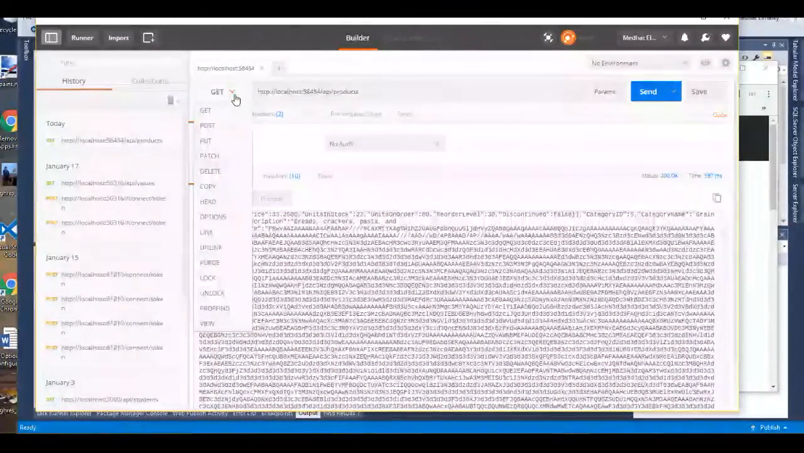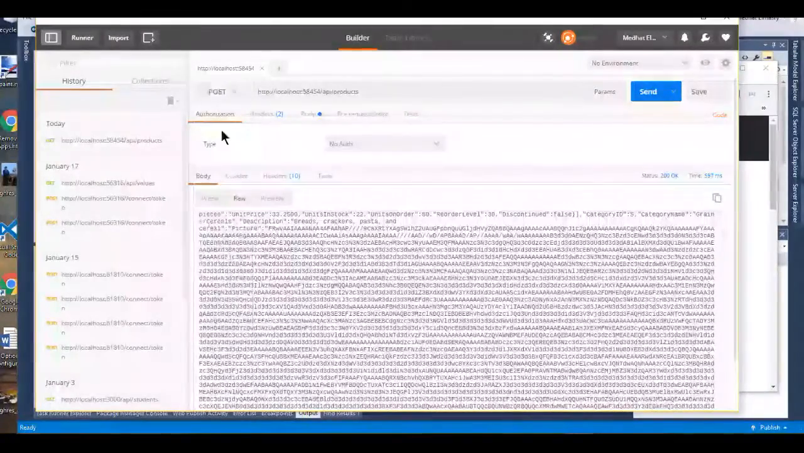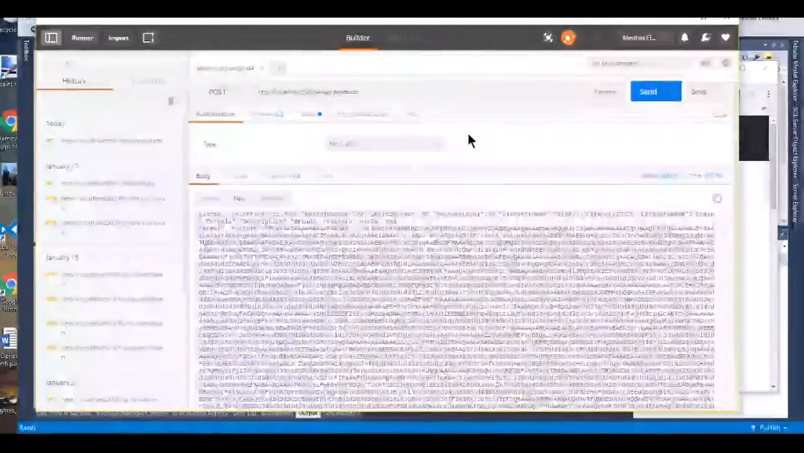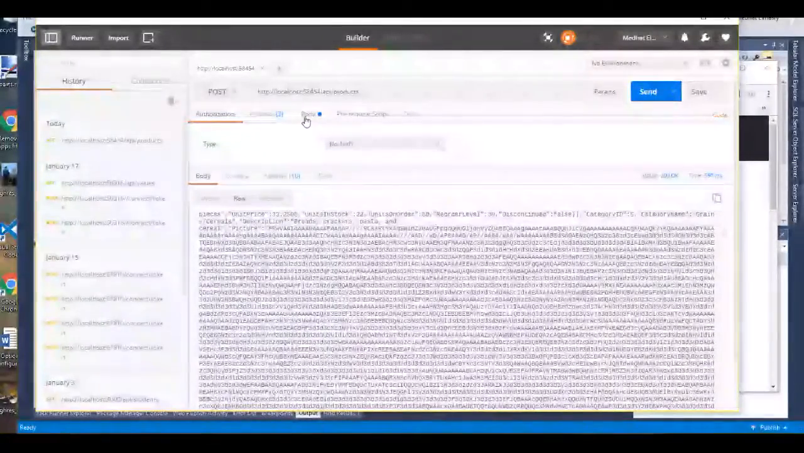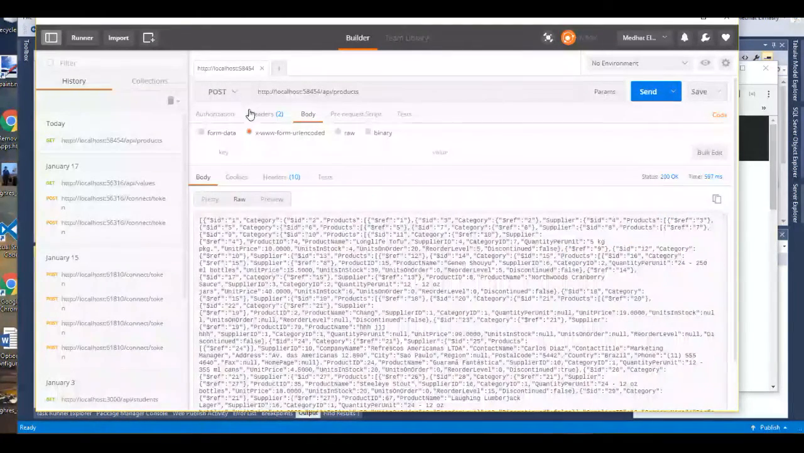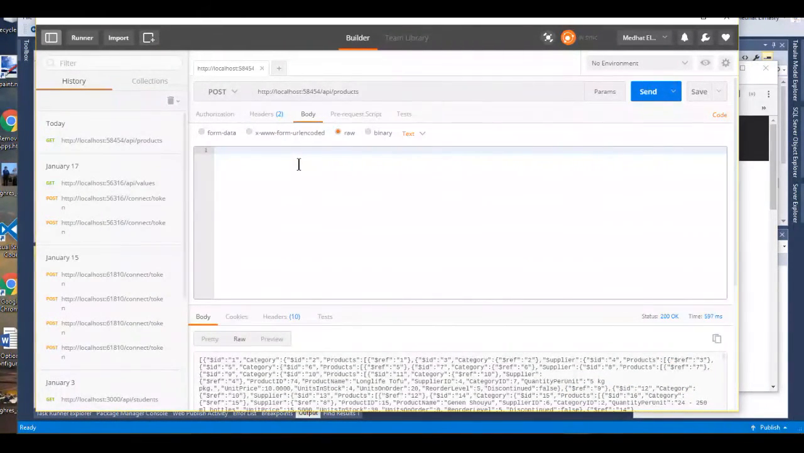Let's say we want to add a product. You can do that through Postman. So if I want to add a product, I have to send it a JSON object. So how do you send it a JSON object? If you look at the product itself,